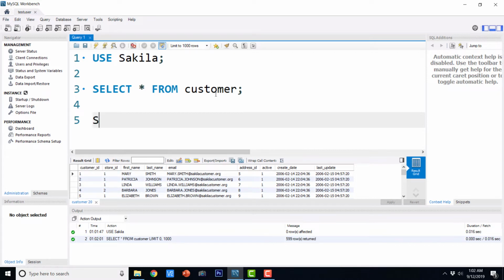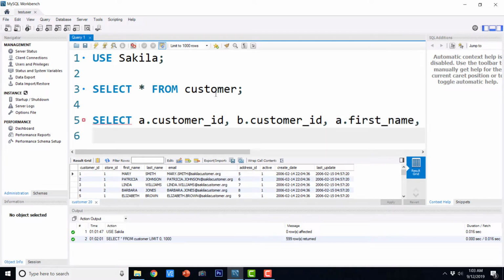I'm just going to say select a dot customer ID, comma b dot customer ID, comma a dot first name, a dot last name, comma b dot first name, comma b dot last name.